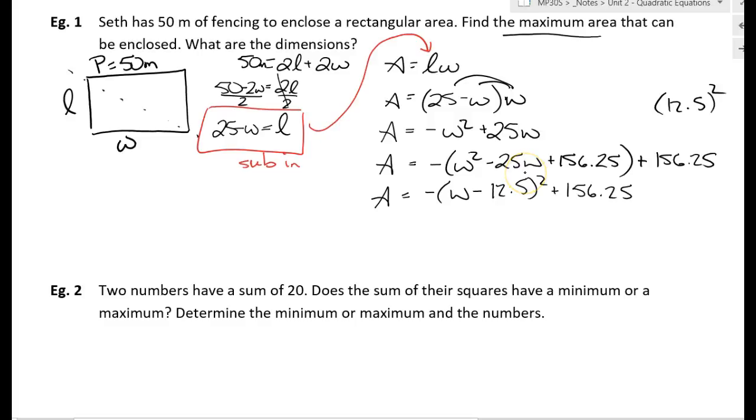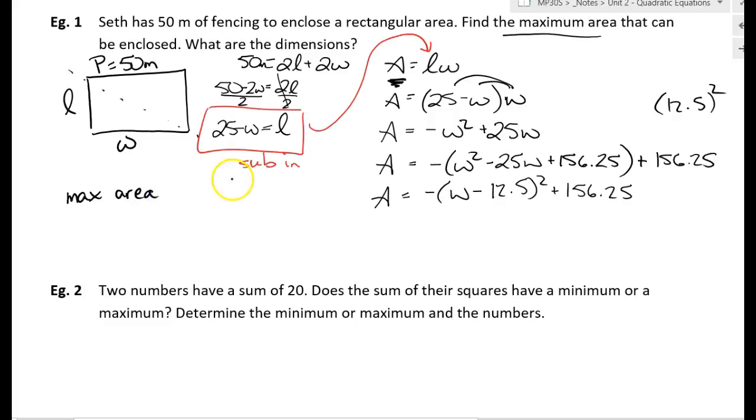You might be looking at this equation and thinking, 156.25, that's a huge number, and how can I have a negative value for my dimensions? You've got all these red flags going off, but you need to step back and take some perspective. Remember that this is the y value of my vertex. The y, or the output of this equation, is my area, not my length or my width. Also remember that the x value of my vertex is not negative 12.5, but positive 12.5. We always switch the sign,